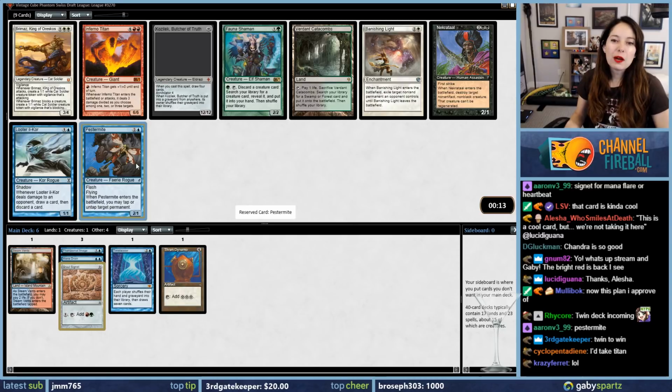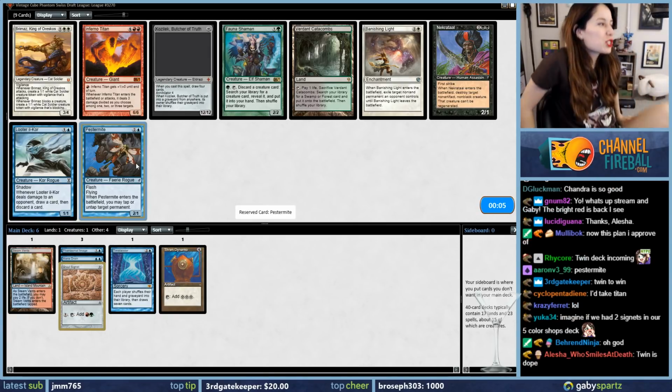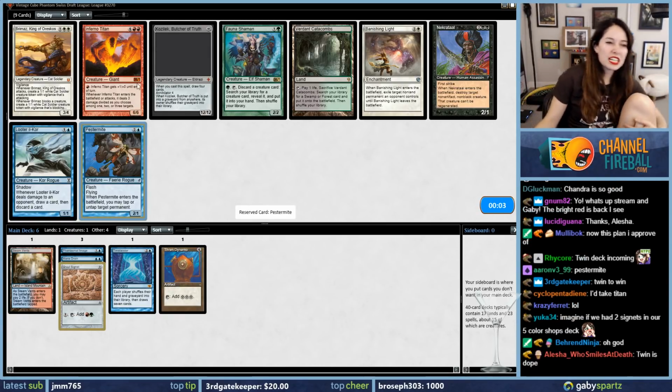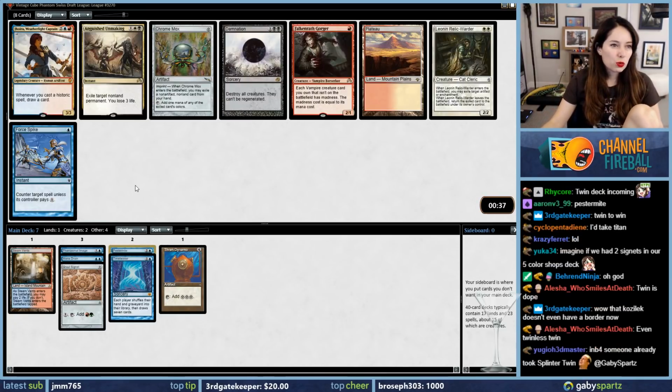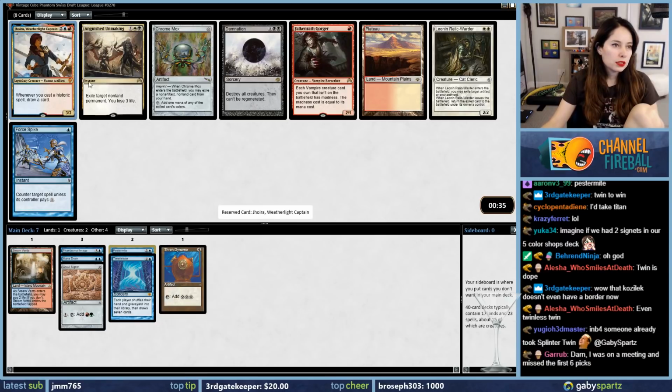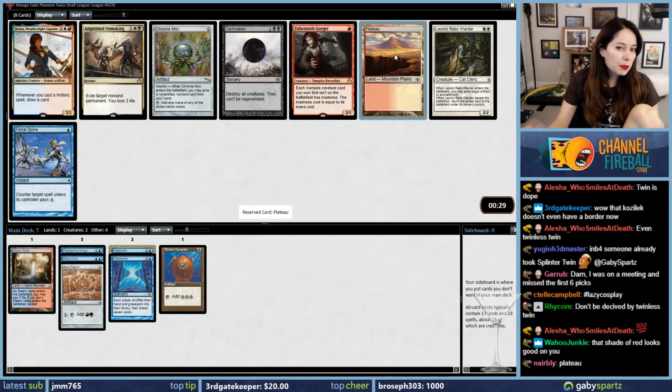Now this plan I approve of. I will say I think drafting Twin is one of my favorite archetypes in Cube. Like, Twinless Twin. People, don't be deceived. People always think Twinless Twin is a bad deck, but Twinless Twin is actually an amazing deck. You totally don't need Twin to actually get there. Ooh. Joyra is new in the Cube and goes into Twinless Twin. I will say the Plateau is pretty spicy because...